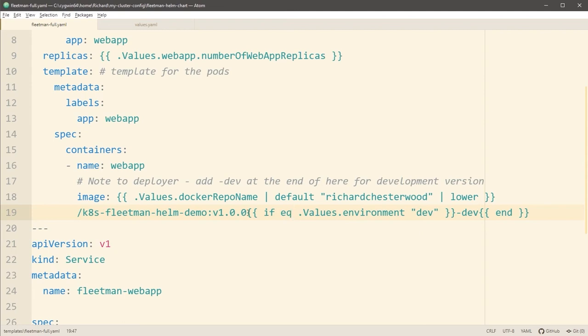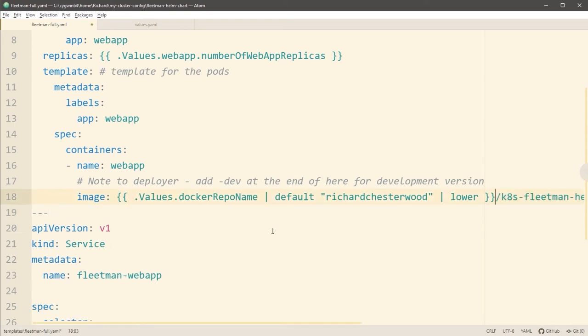So when we run this through the processor, if the environment is equal to dev, then the following will be rendered. It will remove the actions and we will end up with that as a result. Let's undo that. If this is not equal, then the whole block from the if to the end is not rendered. And that's exactly what we want.